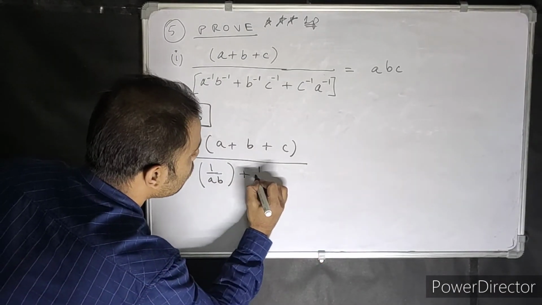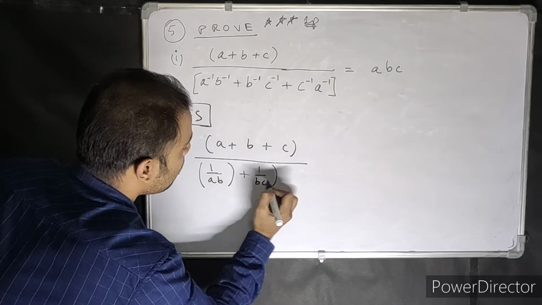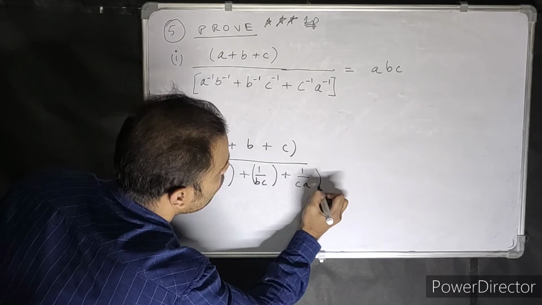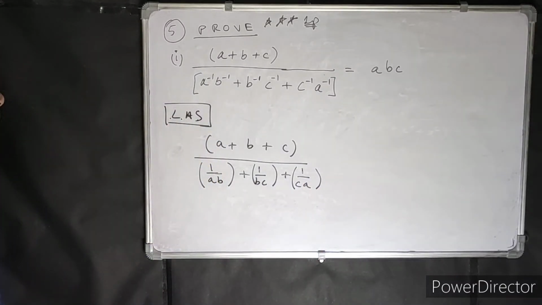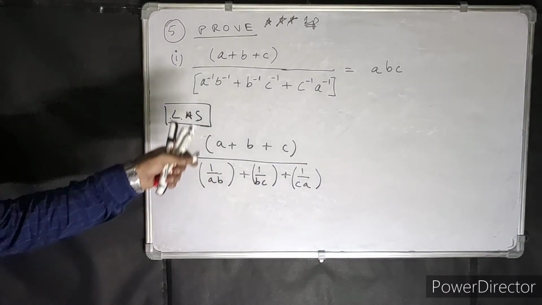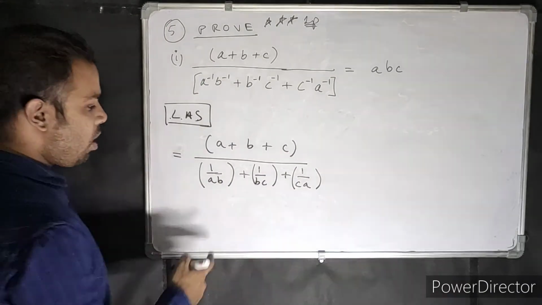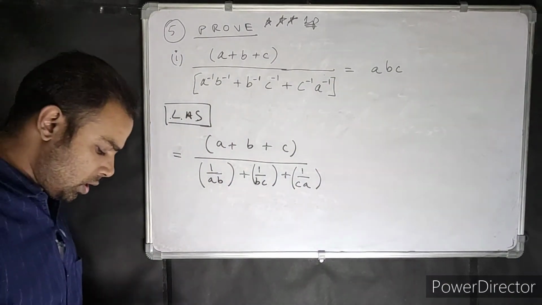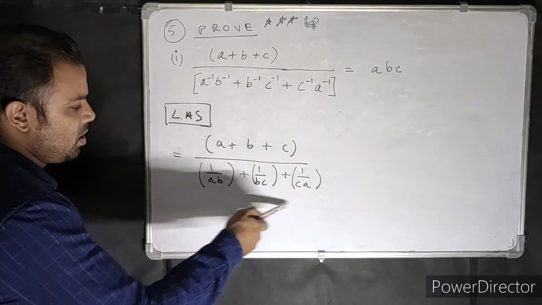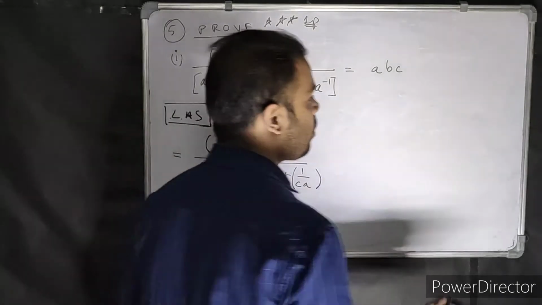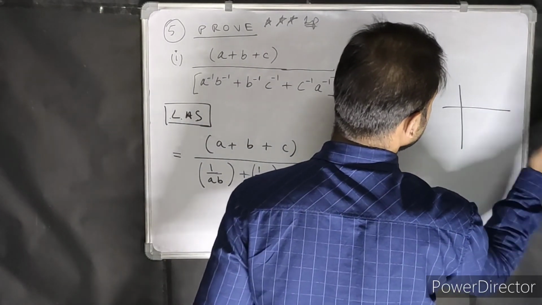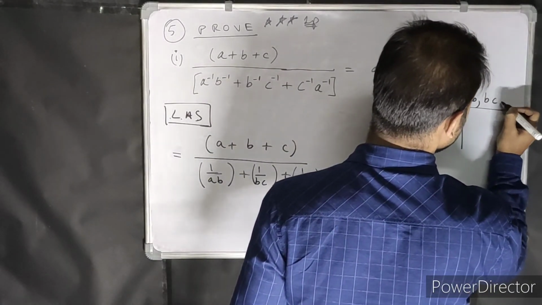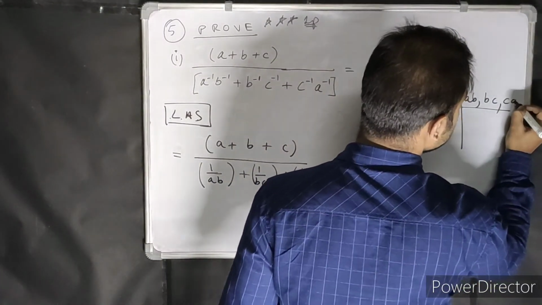So don't take so much stress to do one more step. Just go ahead and do this. The top ones got multiplied and the bottom alphabets got multiplied. Now what do you have from here? Look, some of you won't be able to understand what LCM I'm going to take. It's very simple. This is how you have to do it. You write ab, then you write bc, and then you write ca.